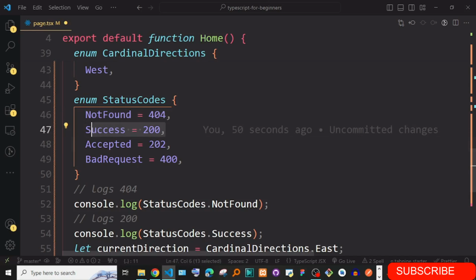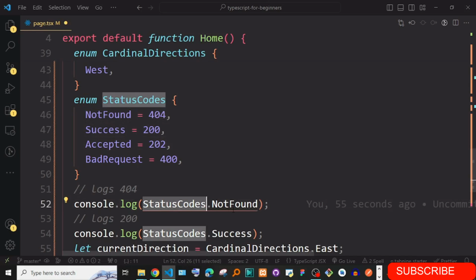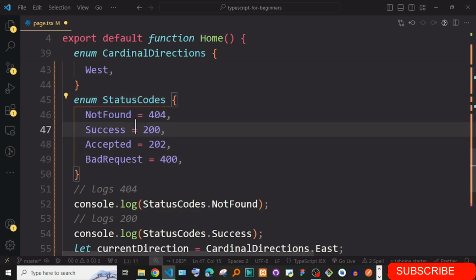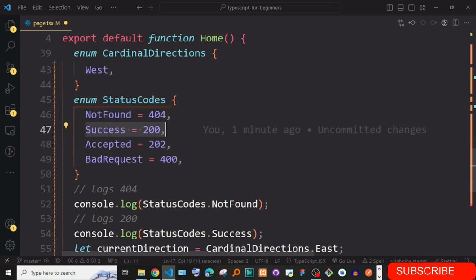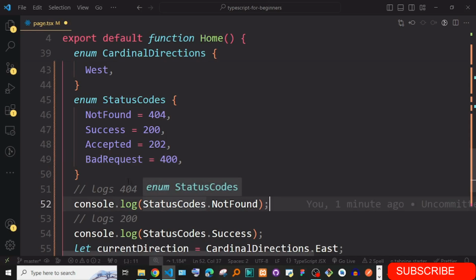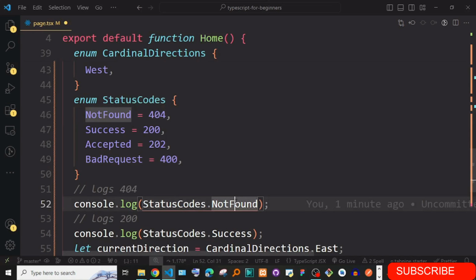Success, you give it different status codes, and now you can go here, for instance, StatusCodes.NotFound. So you can see this is a good use case whereby you can store things like status codes. You can store them just like this, and you can access, for instance, 404 by accessing StatusCodes.NotFound. Okay, great.